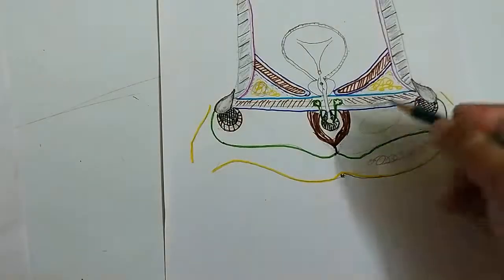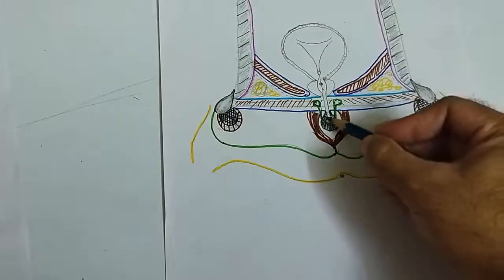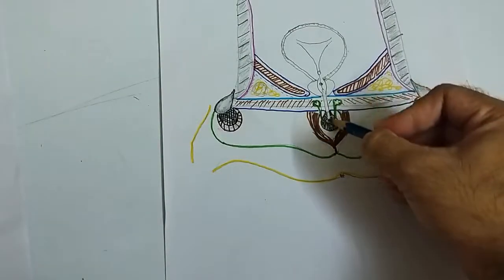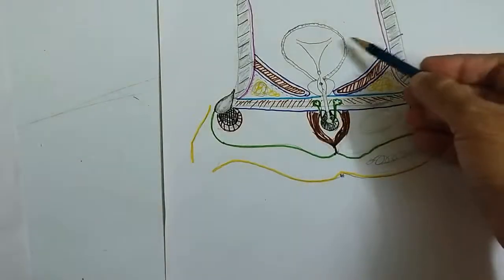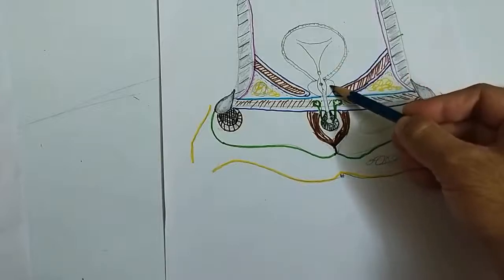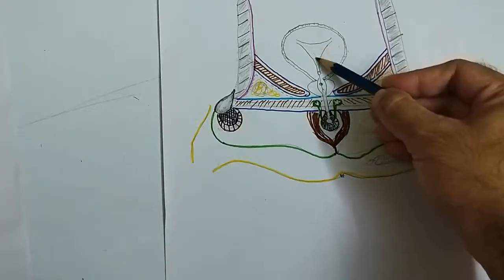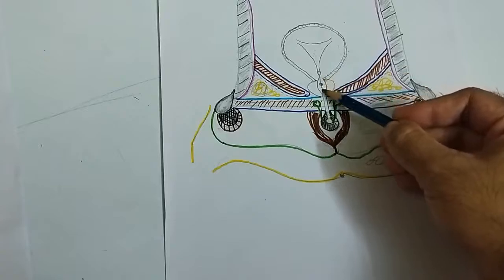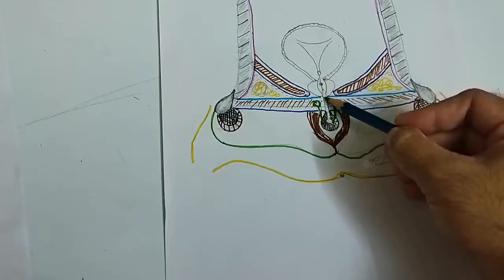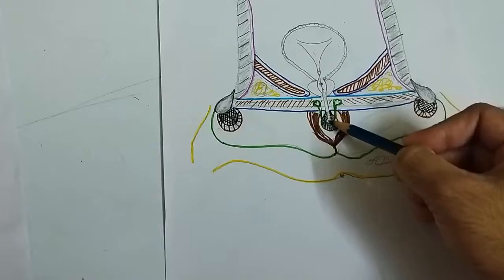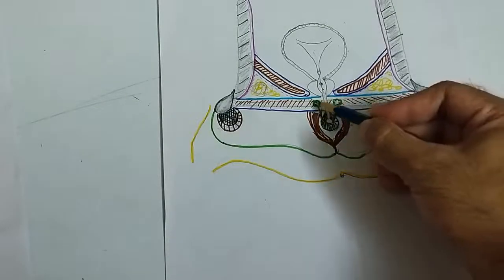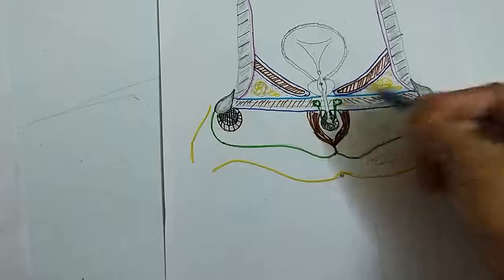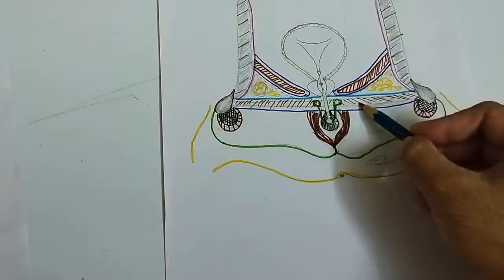Okay, and this bulb of the penis is penetrated by the urethra, the bulbar part of the urethra, and here you can see the bladder, the prostate, the cavity of the bladder which extends to the prostatic urethra, then the membranous part of the urethra, then the bulbar part of the urethra, and from here you have the two bulbourethral glands in the deep perineal pouch.